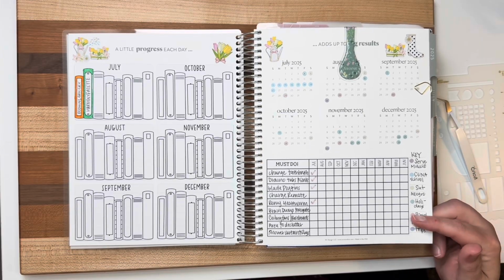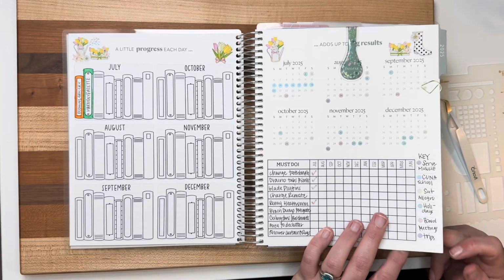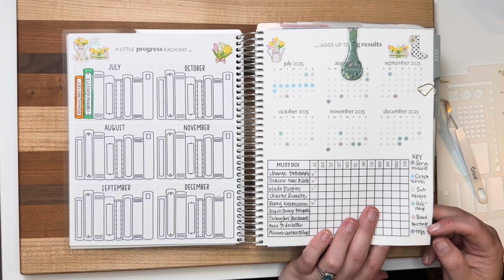My calendar, I used transparent stickers, and this is my key. It's nothing pretty, but it works for me. I do need to update it because I did take a couple more days off. So. Anyway,